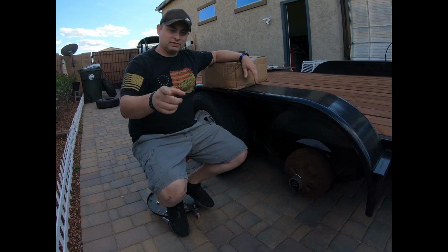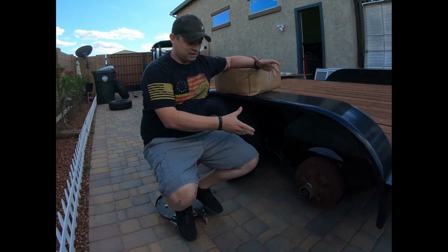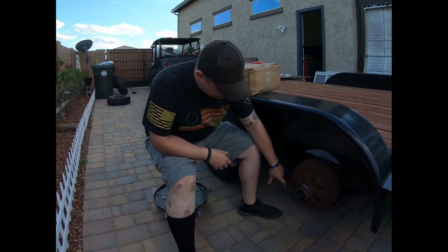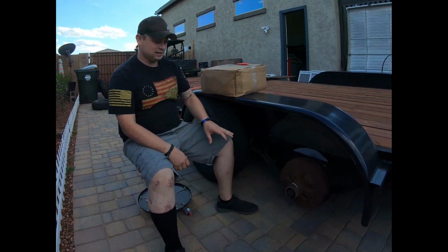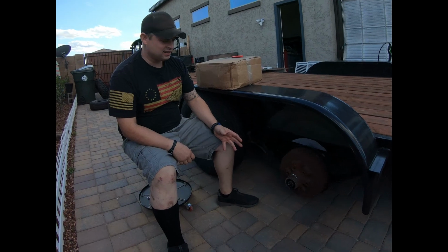Now, you remember from a previous episode, we lost my tire. Don't know how it happened. It seemed like the bolts were compromised. Seemed like they were going bad for quite a while before I even got it. So what I went ahead and did, instead of just getting new studs and pushing them in, or a new